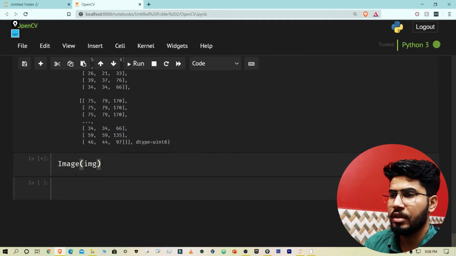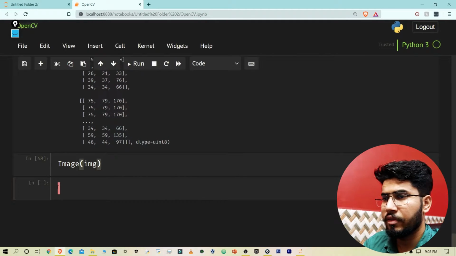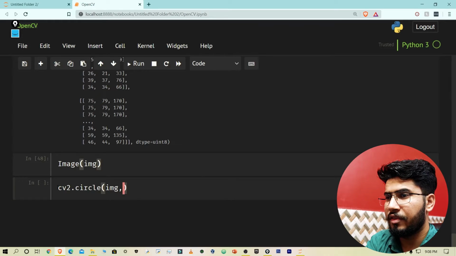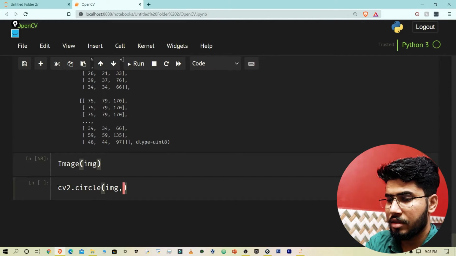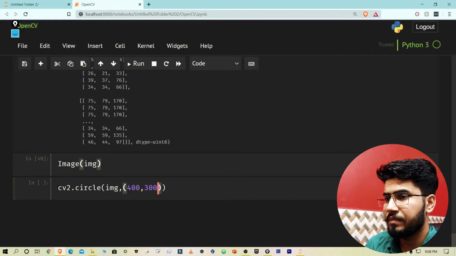You can also draw circles or things like that. Let's draw a circle also. So I'm going to close this, and I'm going to use cv2 dot circle. Again I need to give the image, then after the image I need to provide the center of the circle, so let's make it 400 by 300.